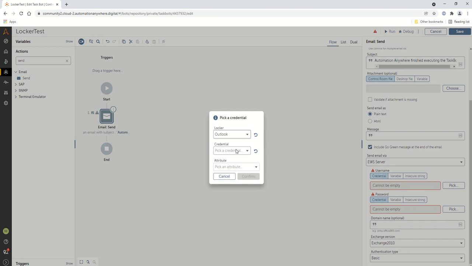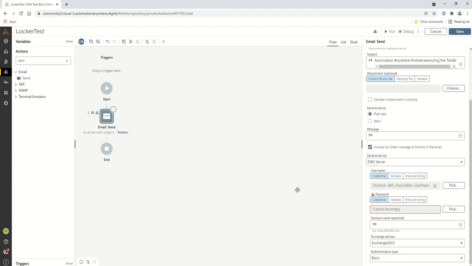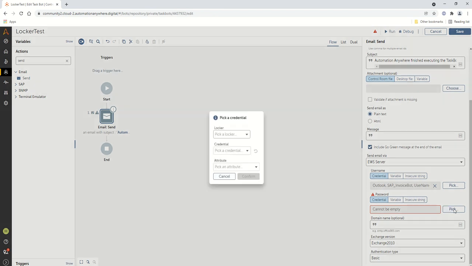Just now we created this locker, and the credential name is SAP invoice bot and the attribute. Since this is a username, I will just select username. Whatever I provided in the control room will come here, and then it's a password. In the same fashion you can do the same.